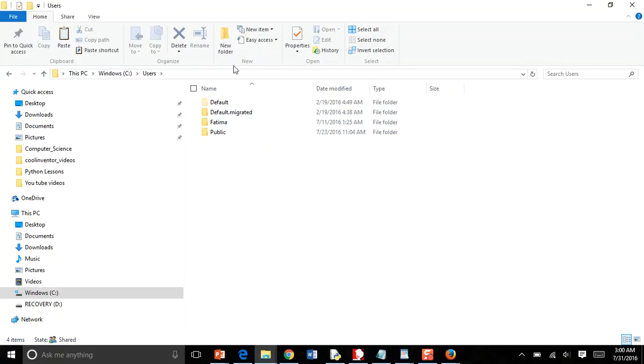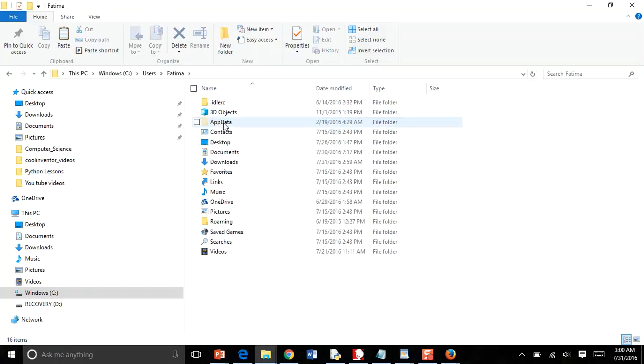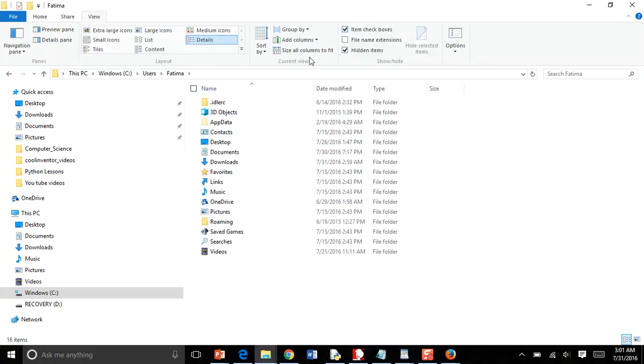So in your case, it will be your name. So users, my name, and then I click on app data. Sometimes app data may not be visible in your list of folders. If that's the case, just go to view and click on hidden items, and it will show you the app data folder. So click on app data,